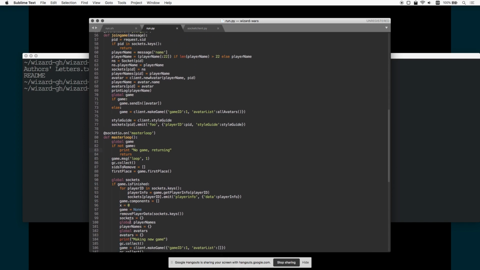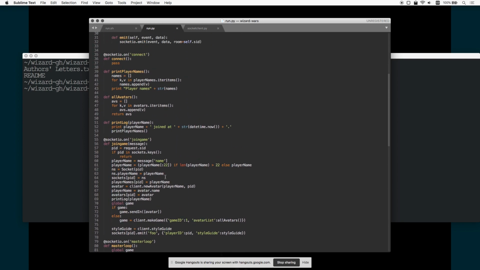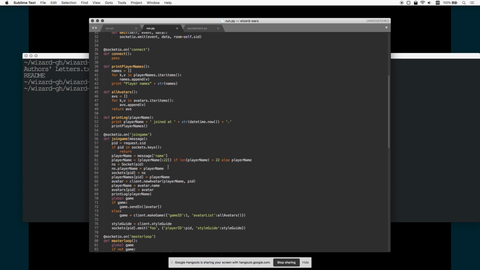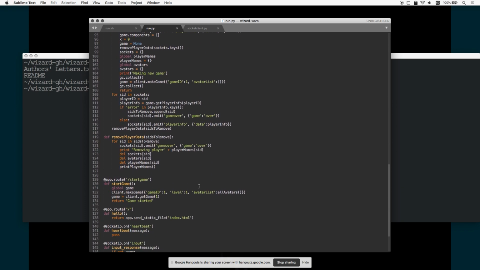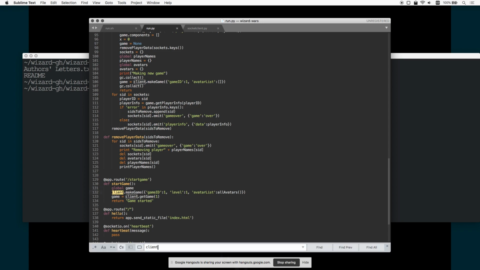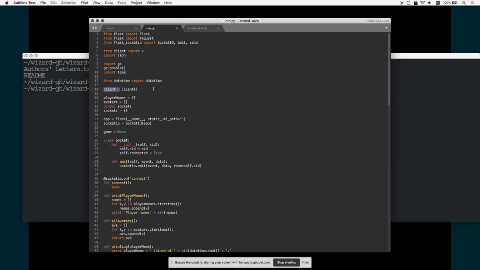So this is sort of meta stuff for managing avatars connecting to the server, and it's like an on join game message. But you really shouldn't have to do anything here if you're developing the game. So this does reference a client, and you can see that's a new client. So what is a client? I'll just open up